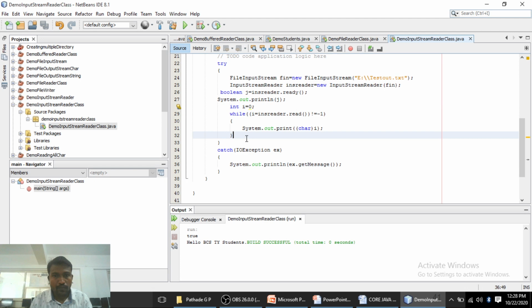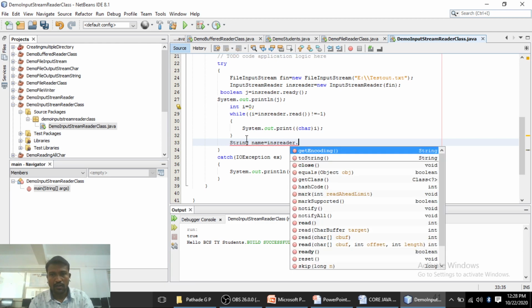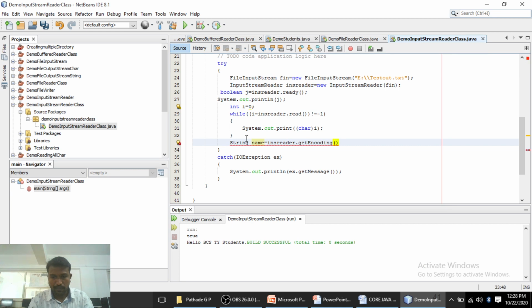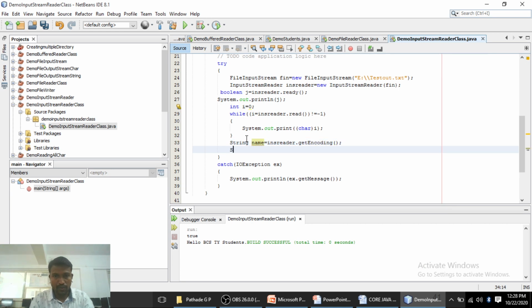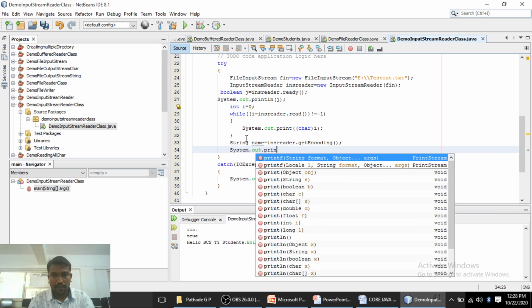After displaying the output, we use a string variable, suppose name, equals the object ins reader dot getEncoding method. On the next line we use the output statement System.out.println.